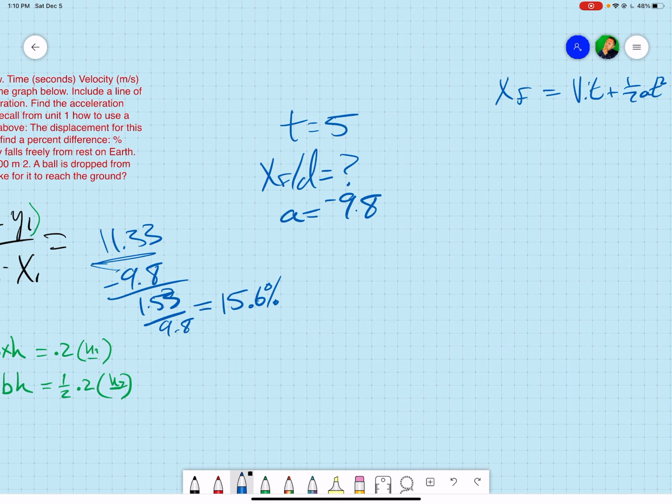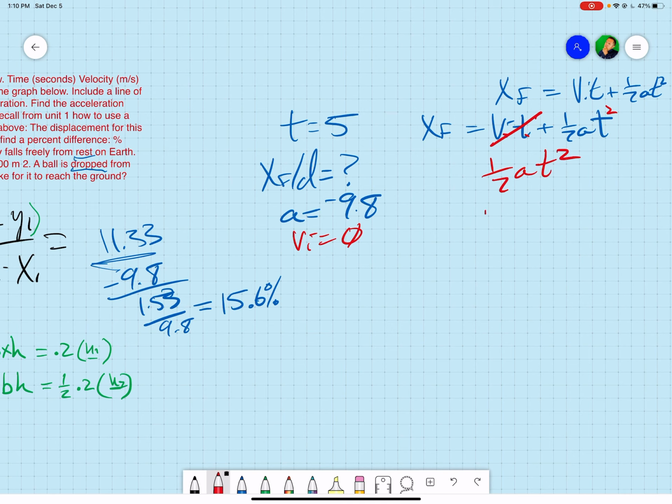So we're going to say the formula is x f is equal to v i t plus 1/2 a t squared. The object was dropped. I still see the word drop over here, and it's freely from rest, either one. So the initial velocity is going to be 0. Anything times 0 is 0, so that's gone. So all you have is a 1/2